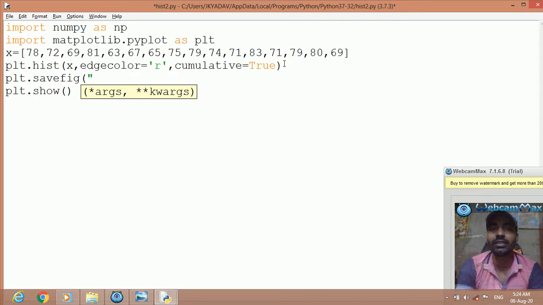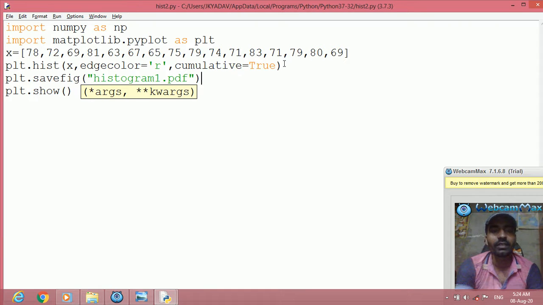If you want to save in the same directory of Python, then you write directly the name of the figure, like histogram1.pdf or png. Suppose pdf. Now it will save the figure in the folder or directory of Python, where Python files are stored.